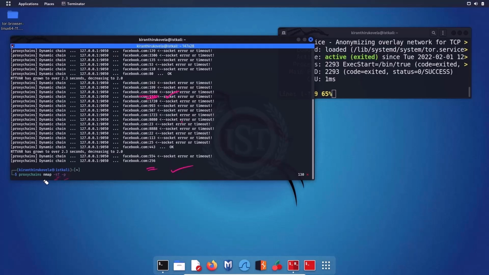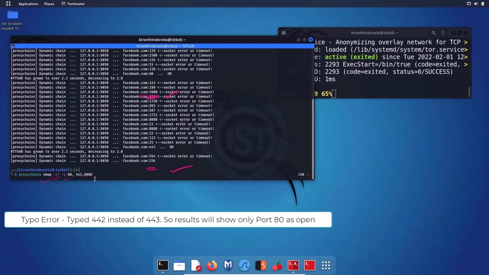As said, we are going to run nmap and learn nmap extensively in this course. Let me type ports 80, 443, 8080, and let me type my website name, vidyalayah.in.